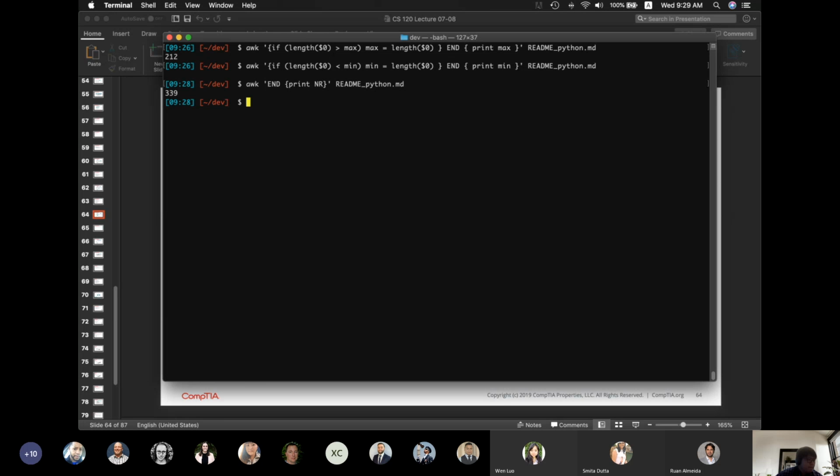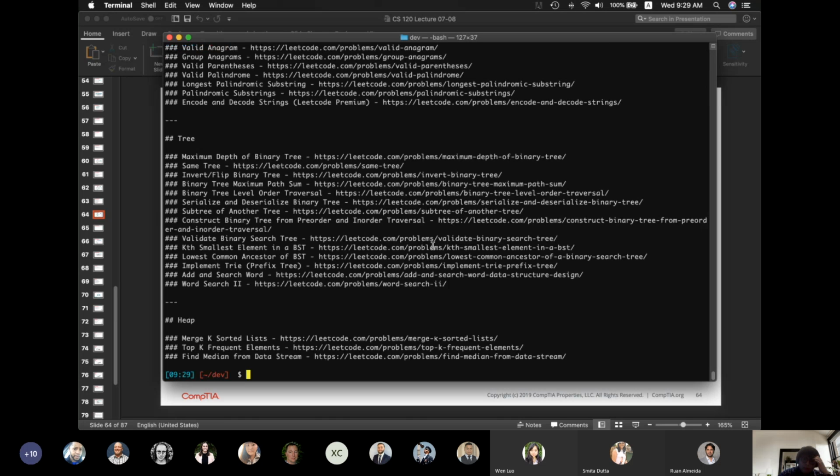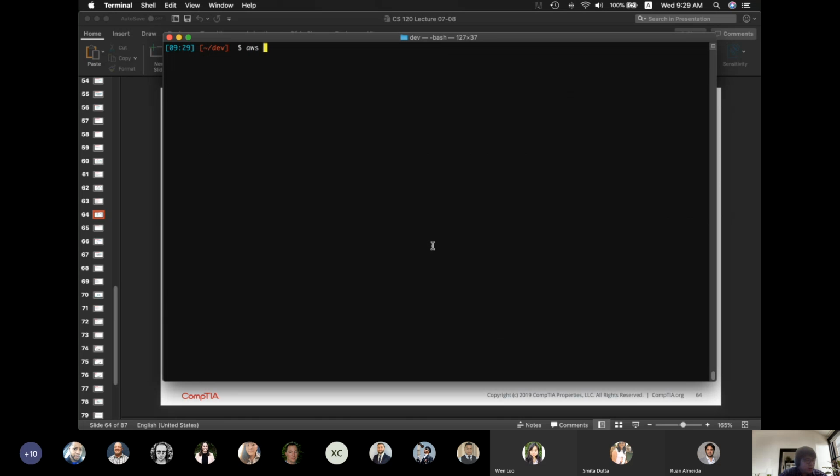Let's see. So what if I want to find a string in a column? Again, let's check first this one. So let's say I want to search in the second column. Let's say I want to search for maximum for some reason. So I would do awk and close that by single quotes, the code blocks that you want. F column 2,